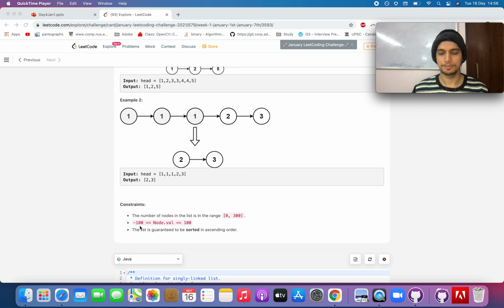Makes sense. Let's walk through the algorithm now. Seems like a typical linked list problem. A thumb rule for solving this question would be having a dummy node attached to the top of it so that we don't need to do extra manipulations in between. Let's jump onto it and I'll explain it in a better way.